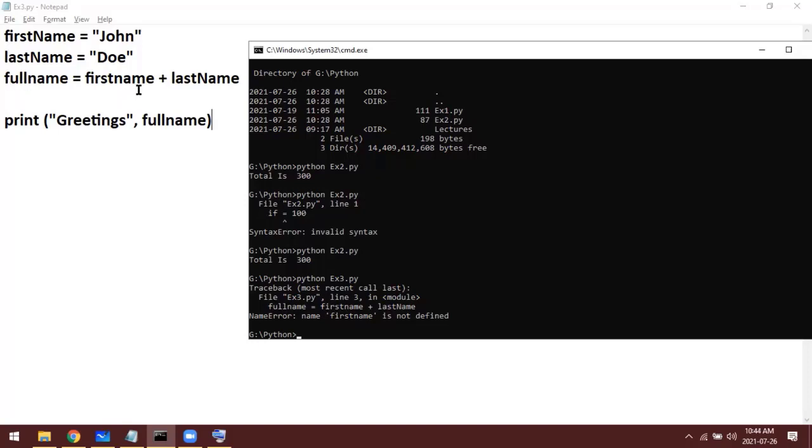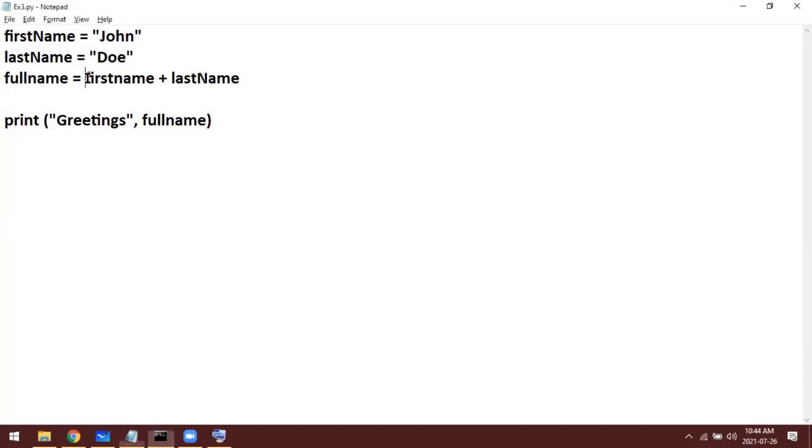In line 3 there's an error. What's the error? First name is not defined. If you carefully observe here, we have typed everything in small, but in the variable declaration we have used capital N.